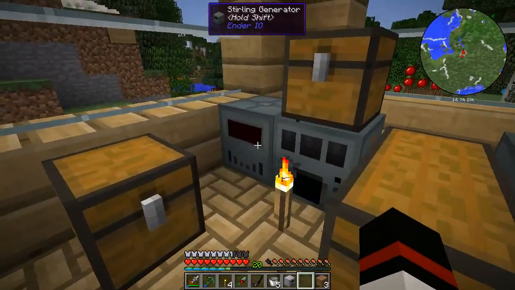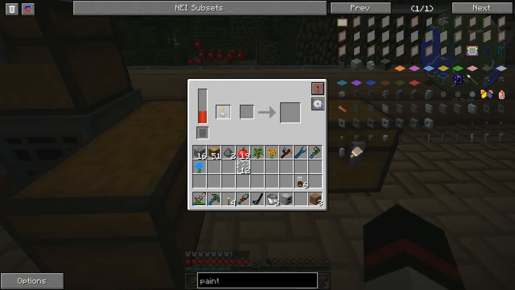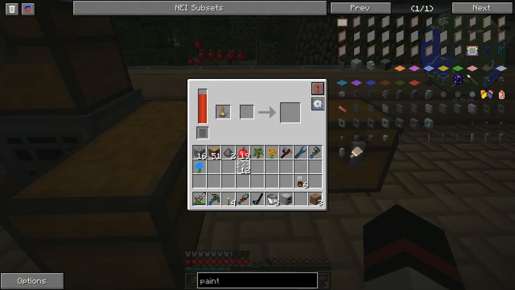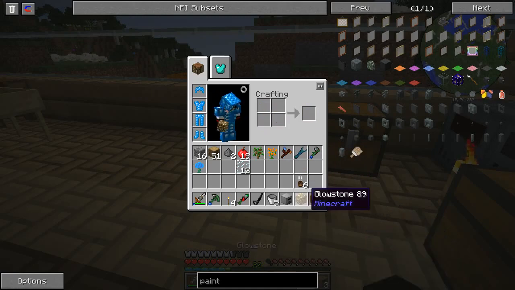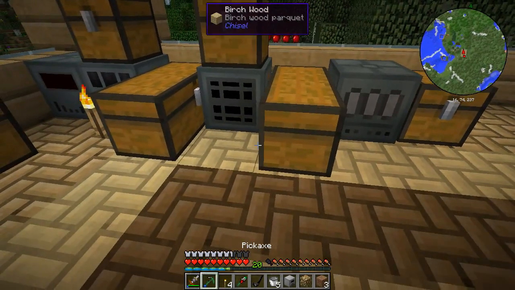It's not going to probably get a lot of power because that's full. That's good. Basically, you put the block that is the texture you want to paint there. You put the block you want to paint in there, and then it spits it out the side. So I'm going to push out to the right. Now this is one of the coolest things I think you can do with really basically any mod. You can take glowstone blocks and